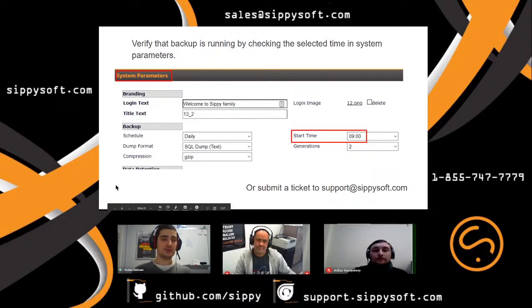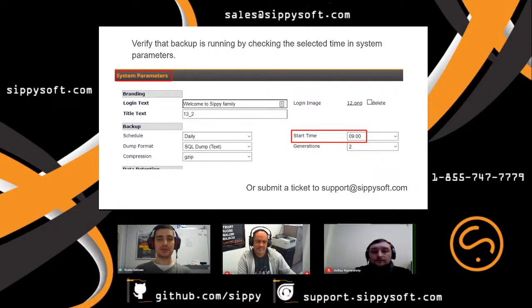And of course, it was already discussed, but it's also very important to verify the backup is running by checking the selected time in the system. It's a pretty heavy task for the system to create a dump of the database and archive it, using a lot of CPU resources.